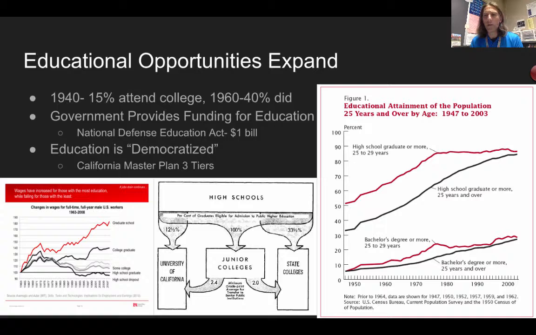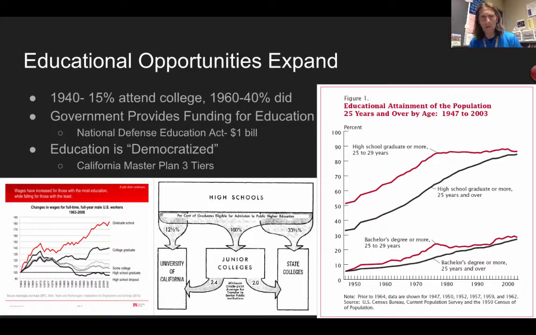Another factor is the Cold War, the space race, and military technologies. There's a big push to change education. And so you throw in there the GI Bill, where it gives American servicemen the opportunity economically to go. You're going to see a big boom in the number of people who go on to colleges. So the government is also going to push this through the National Defense Education Act. It's going to give $1 billion to education, especially in the field of science and engineering.